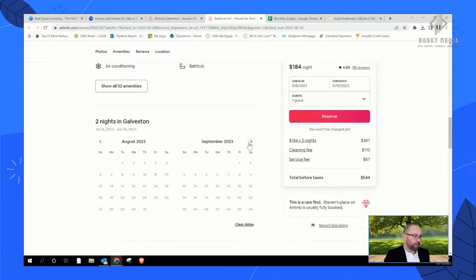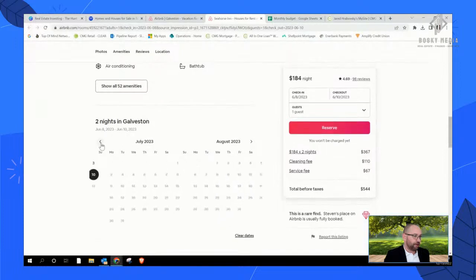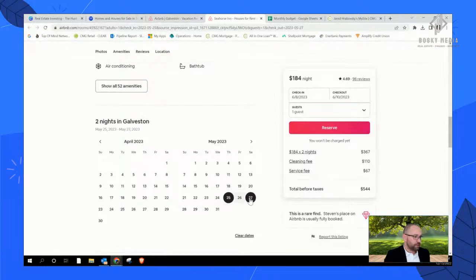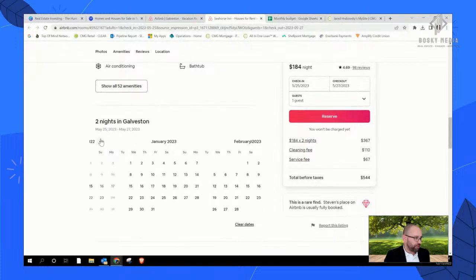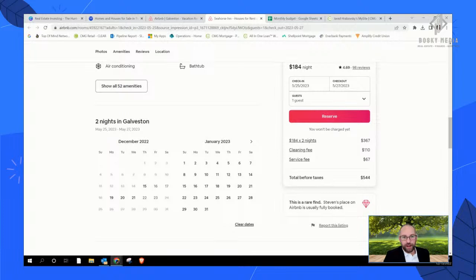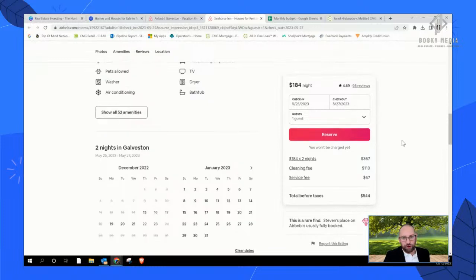I can't even see. Maybe they only allow 6 months out bookings is what it looks like. So they're not allowing people to book further out. But it goes up to about 180. So 180 to 150 a night. We'll call their average bookings at 175 a night. We have a pool. This one doesn't. So we can round up and say we'll be able to charge about 200 a night and